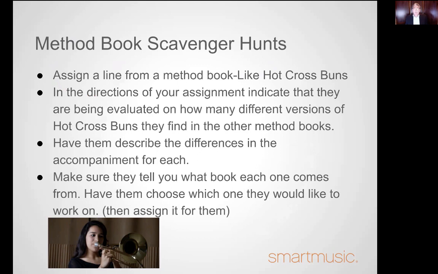And then the fun part is if they choose the one they like the best, then send it out as an assignment for the whole ensemble. There's so many different things that could be done here with scavenger hunts. That's just rich as far as I'm concerned in terms of availability. The other thing I'll share on that is you can sometimes use some of the advanced method books. There's material in there that you can do with beginners, especially advanced beginners.